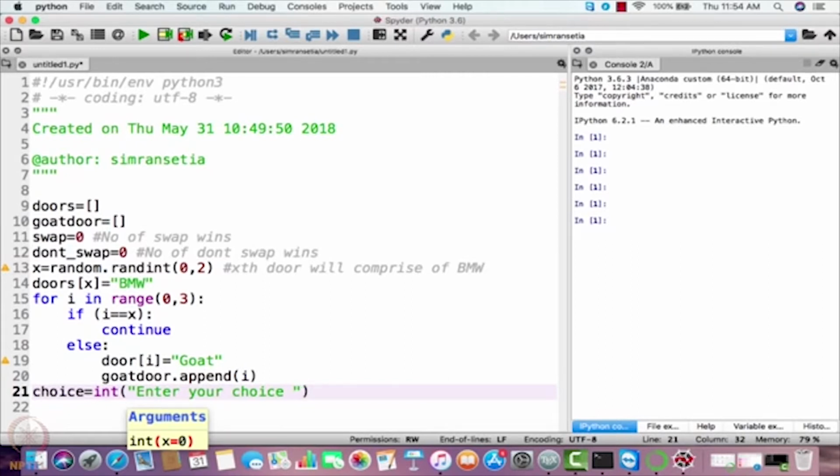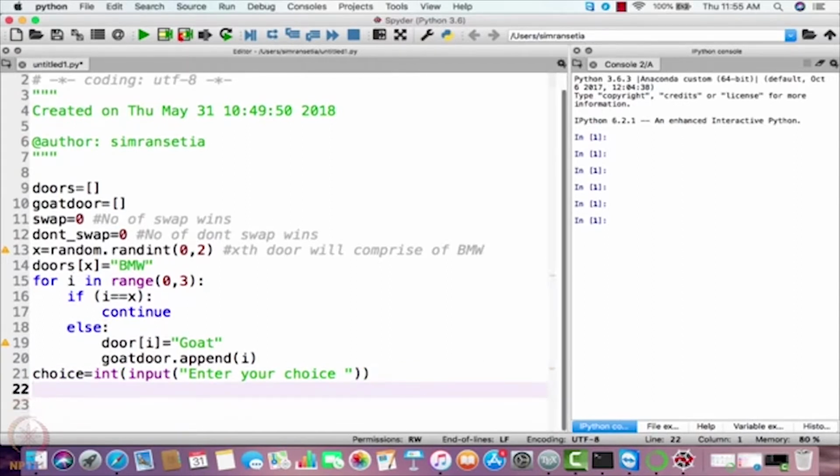After that, int input. You just write int input, that will make the user input his or her choice. Now that the user has made his choice, the host will ask the user about swap or not to swap,